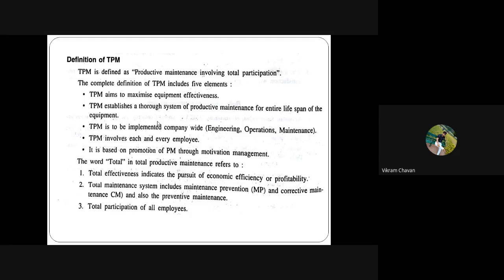TPM aims to maximize the equipment effectiveness. TPM establishes a thorough system of productive maintenance for the entire lifespan of equipment. Then TPM is to be implemented company wide. Okay, so that is nothing but engineering, operations, maintenance. Then TPM involves each and every employee. It is based on a promotion of PM, that is preventive maintenance, through